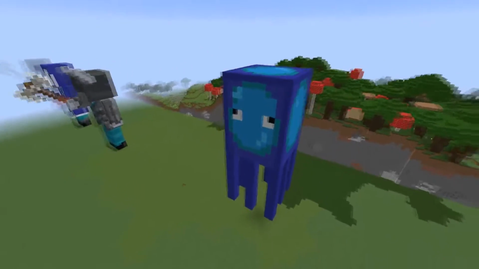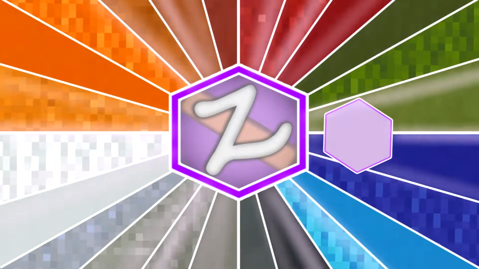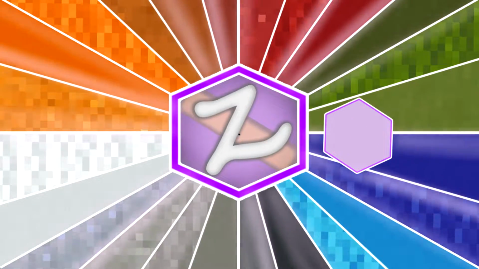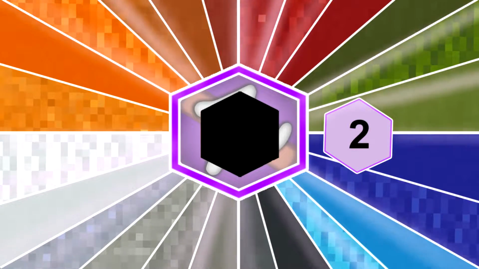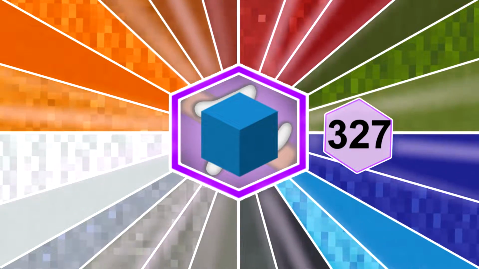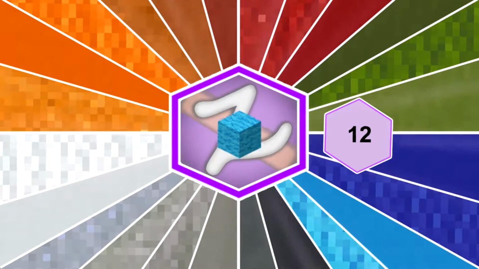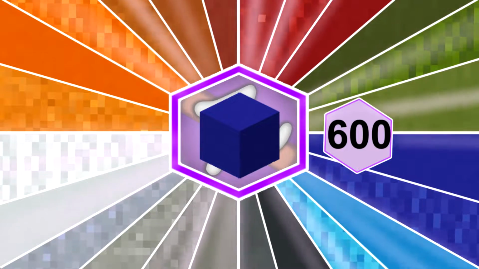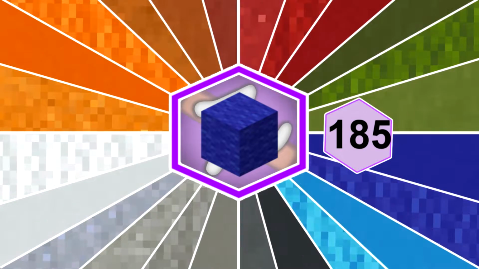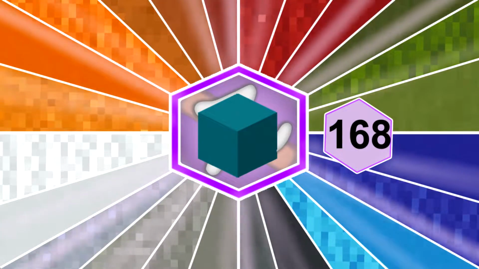So anyway, let's get down to the colours, shall we? So we've got 14 white concrete. I don't know why that picture there is a snow block, but it is white concrete or snow. 2 black concrete. 327 light blue concrete. 12 light blue wool. 600 blue concrete, 185 blue wool, 168 cyan concrete,